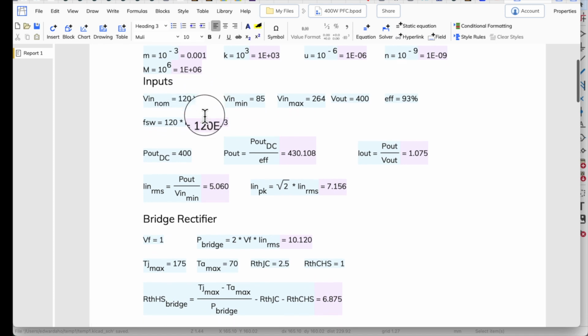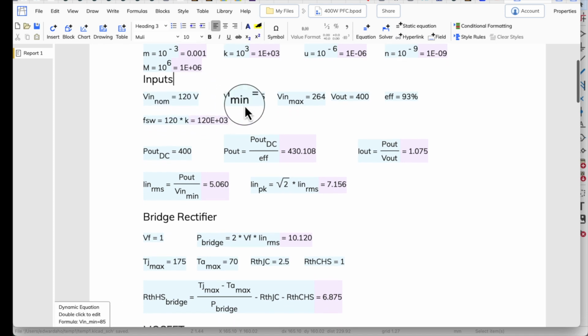inputs to this thing. 120 volts nominal. The minimum's 85, max 264 volts AC. V out is 400. Efficiency for the my next stage. See what I'm doing here is I'm saying that the next stage is going to be about 93%, I'm guessing. So on this stage, I want to put out, see right here, P out, this divided by